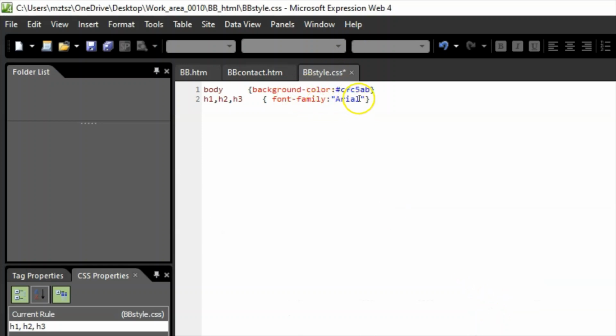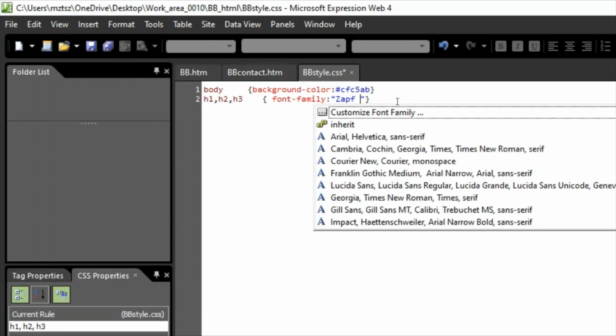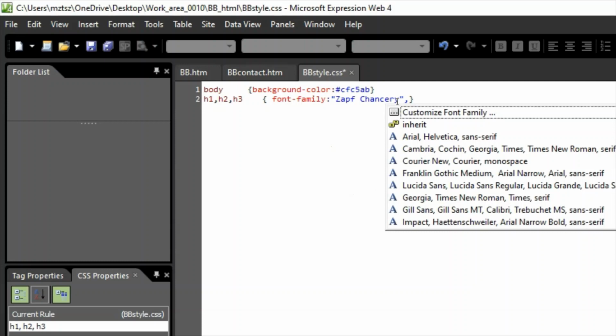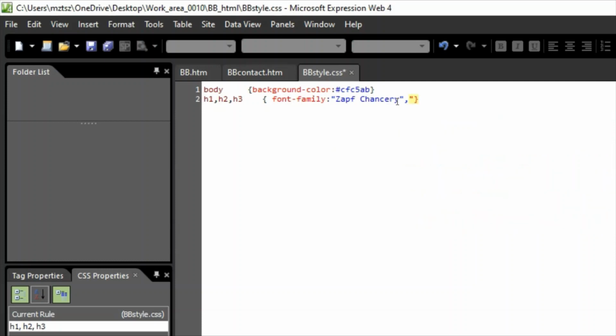So the font family is Arial previously. You just need to change that. Okay. Now we need to change it to Zapf Chancery, Z-A-P-F. Please make sure you write the spellings correctly. If it is capital, write capital. If it is small, write small. C-H-A-N-C-E-R-Y, Chancery. Okay, then put a comma and then put a double quote,